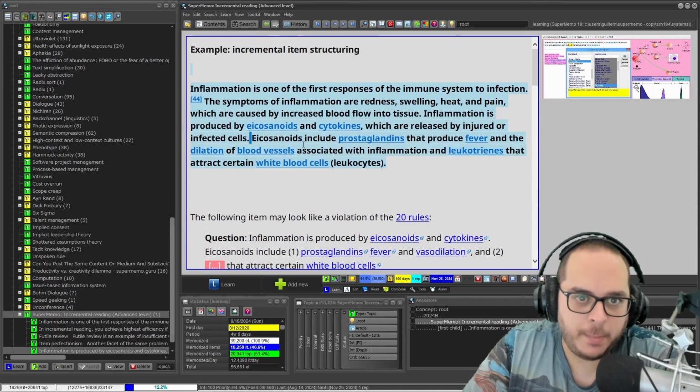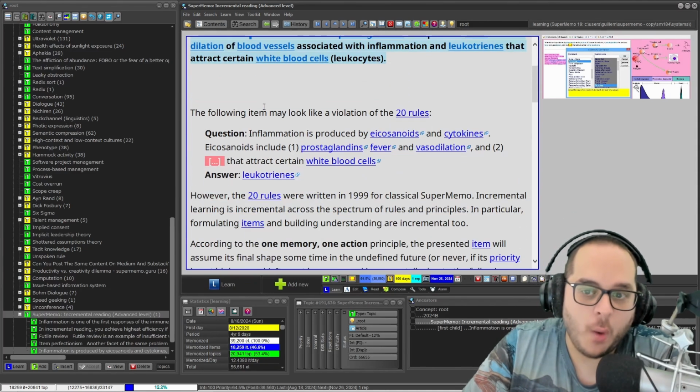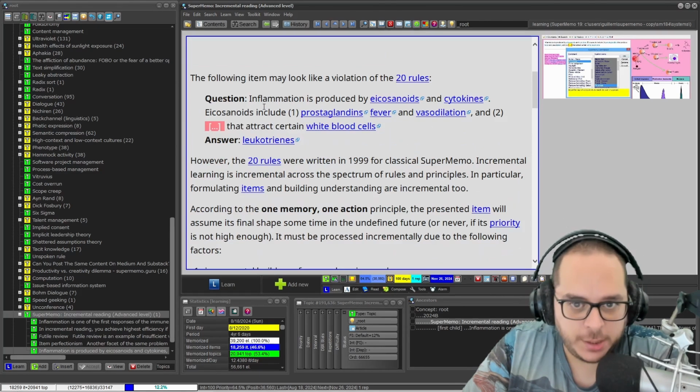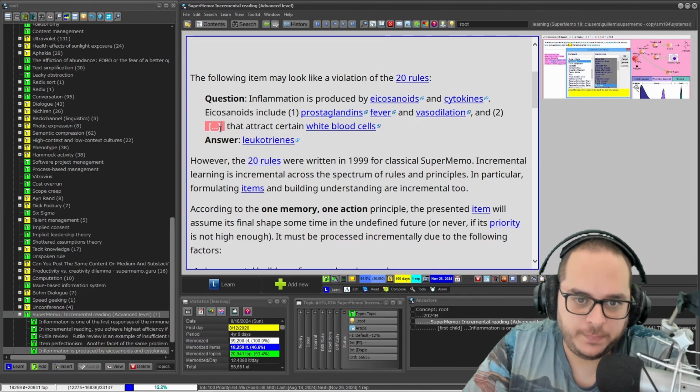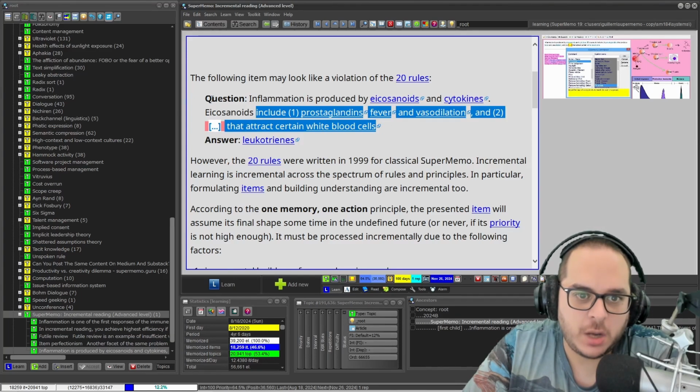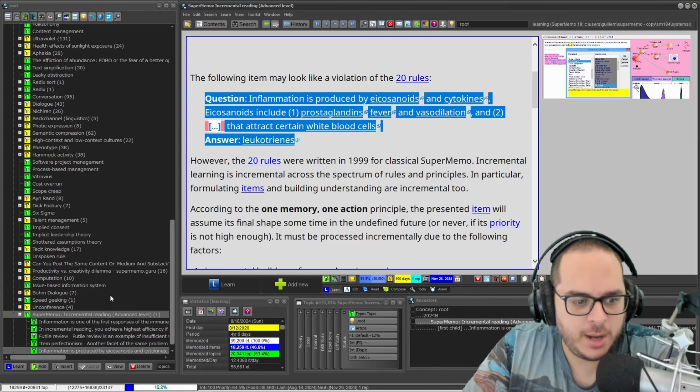Basically, this example is that you take one action at a time. So hey, now I have this. Well, I will make the cloze relation of leukotrienes. And this is how it looks now. You could say, oh yeah, this is kind of